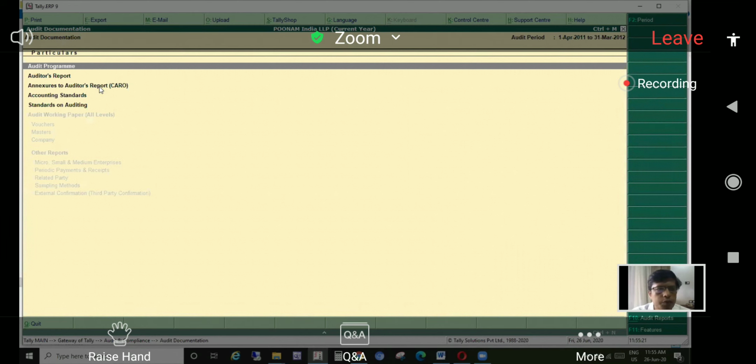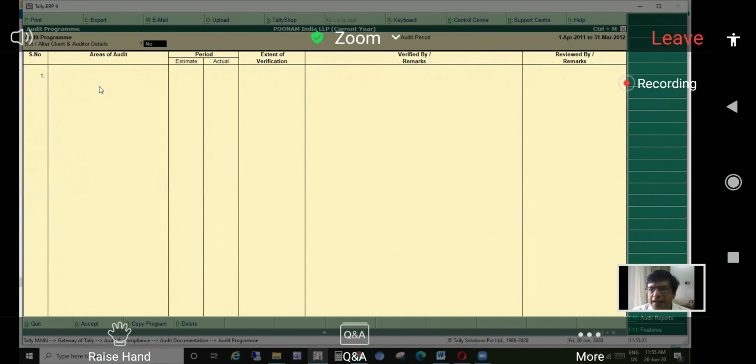Once we go into this audit program, we need to put the client and auditor's details, just to type the basic aspects of the audit. Here you can create your users and so on. Set or alter client auditor details. I will explain about the area of audit and everything.